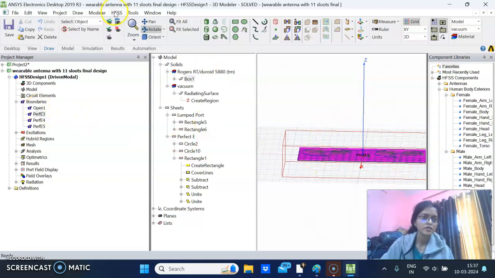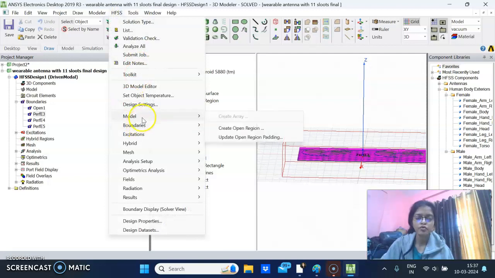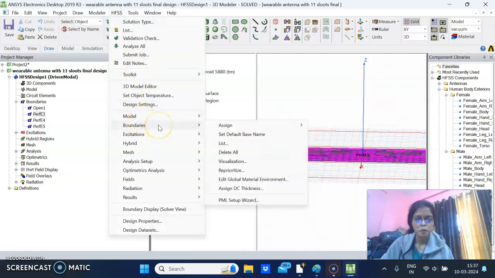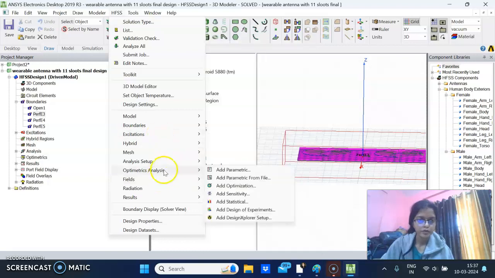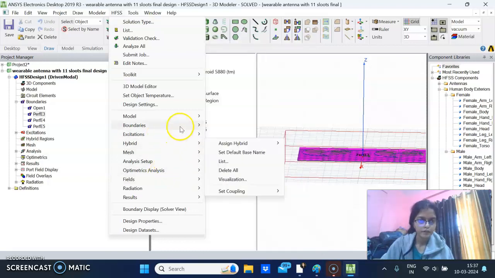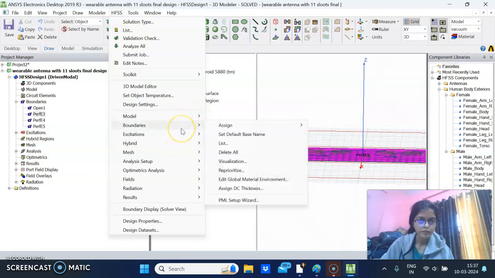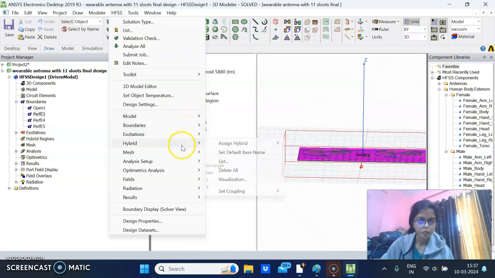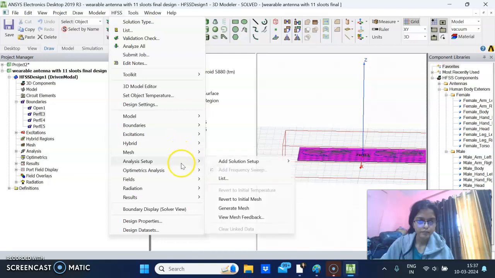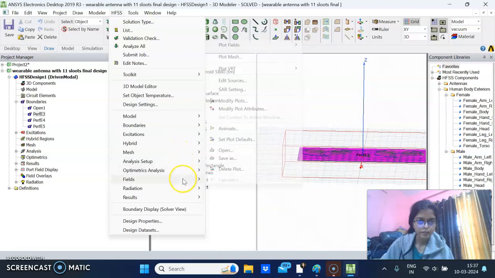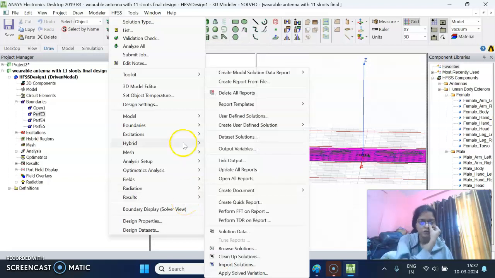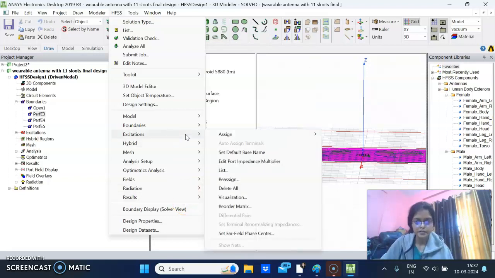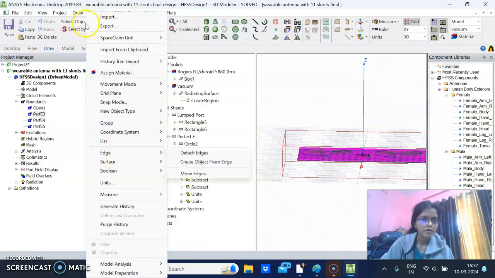So what basically the steps are going to be, we go to the model. While going to the model, there is this excitation. Okay, so wait, modular,